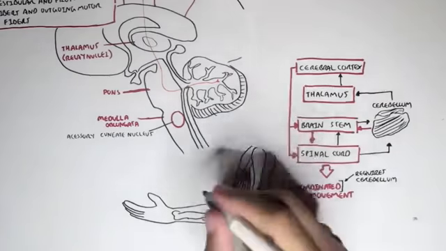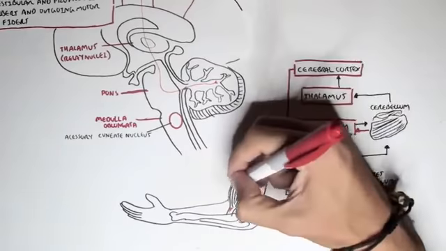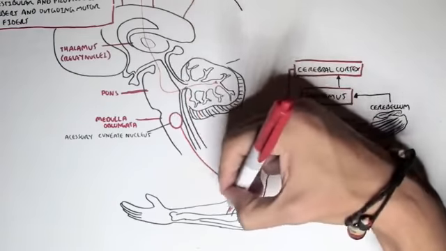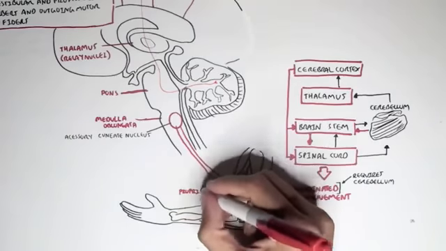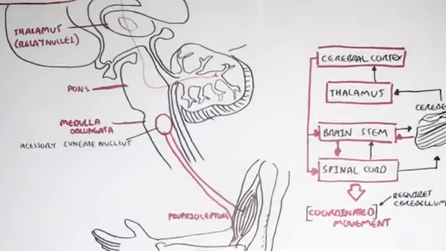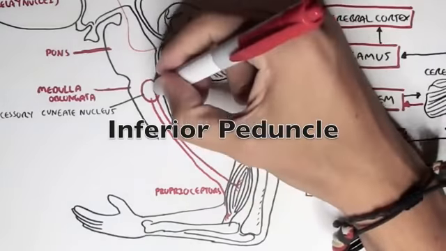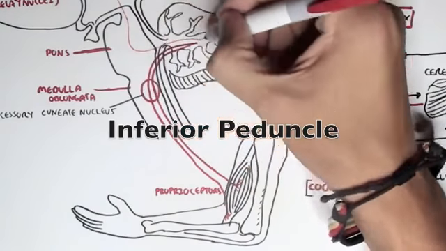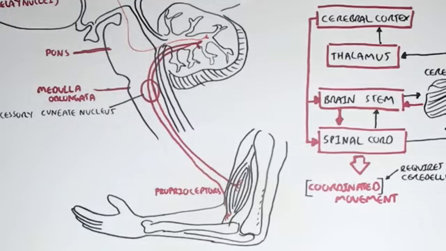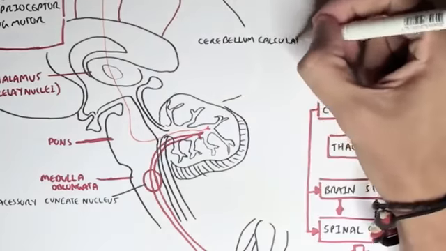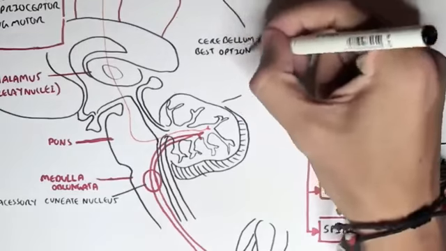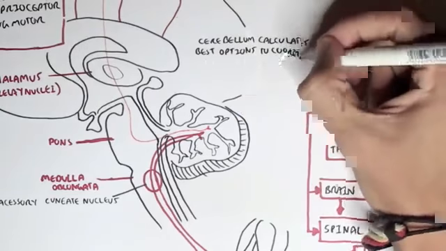So these signals from the proprioceptors will travel via the accessory cuneate nucleus into the cerebellum, and it enters the cerebellum through the inferior peduncle. And so with this information from the motor cortex and from the proprioceptors, the cerebellum can then calculate the best option to coordinate muscle contraction, and it also